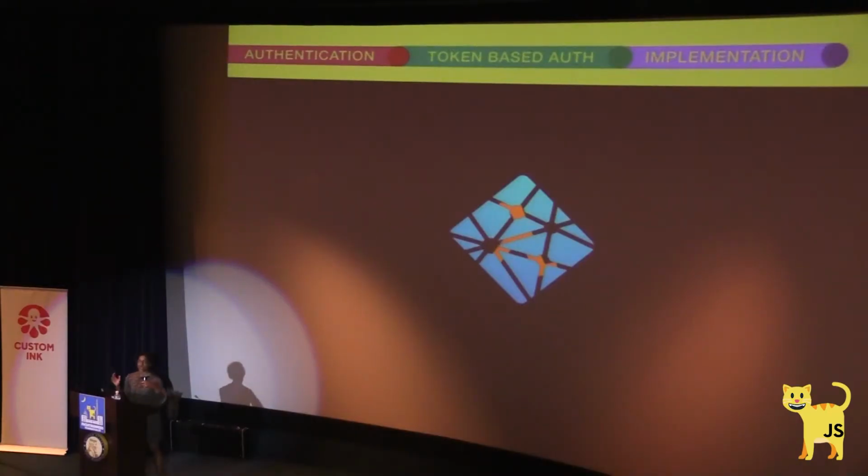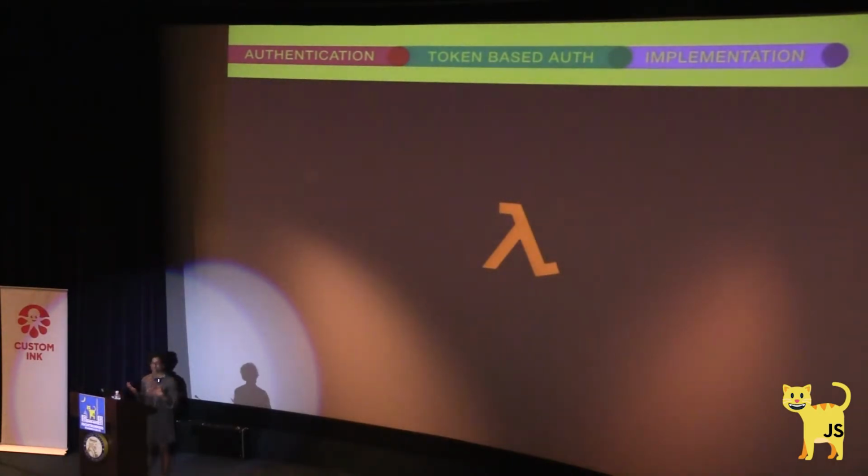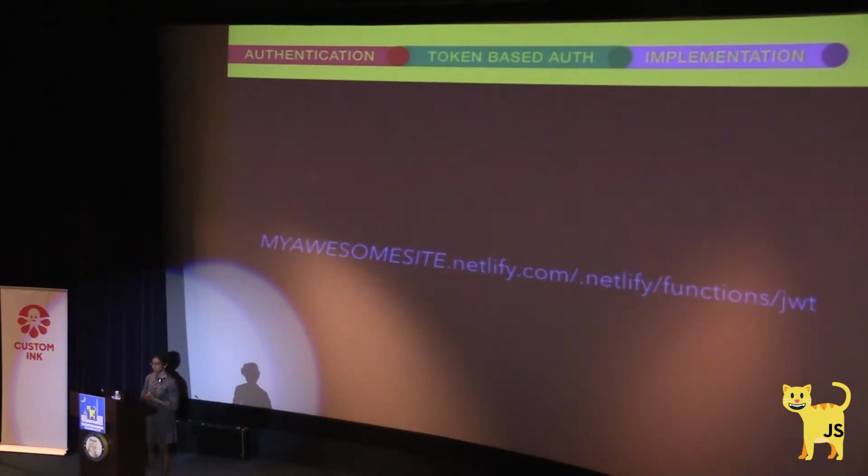So Okta, Auth0, all great options. I'm going to use Netlify because I work there and I'm very familiar with their product. And so we're going to use Netlify functions. You can use Azure too, actually. I think the code will translate quite well. And Netlify functions is not actually super unique, so it's run with Lambda. If you're familiar with Lambda, it's pretty much the same thing, minus API Gateway, which I do not like.